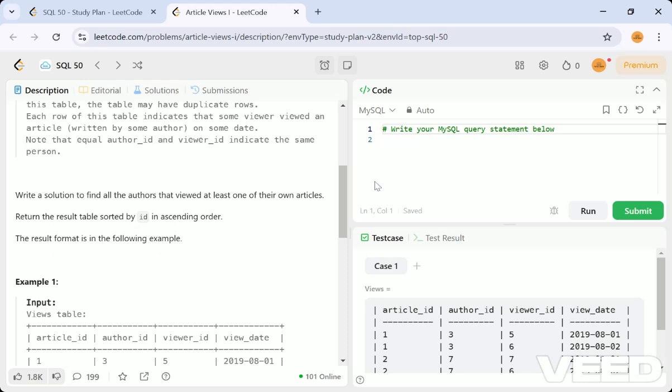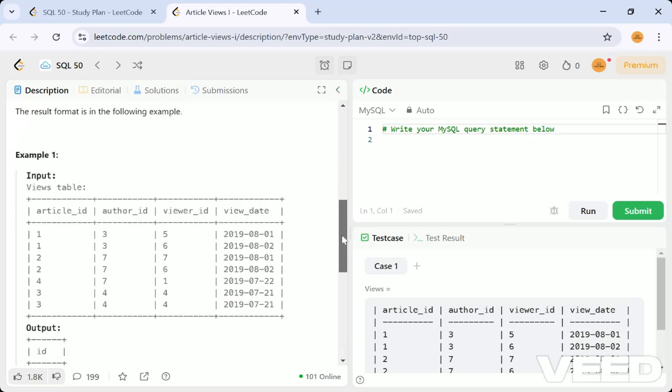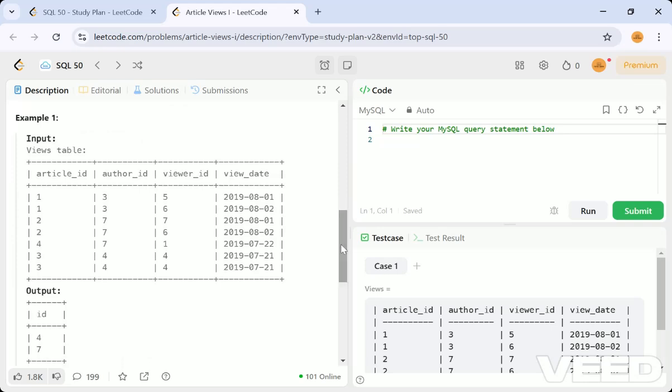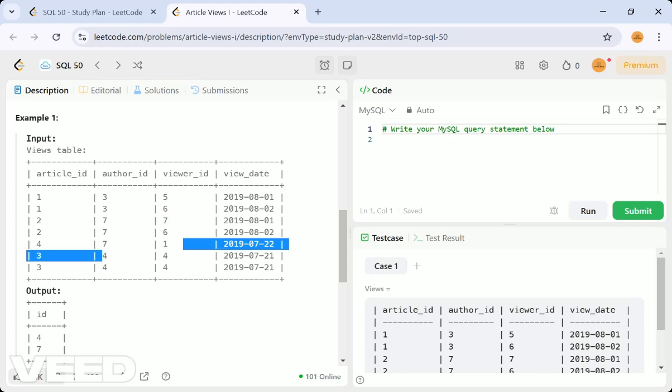They have given an example so that you will understand better. The Views table has article ID, author ID, viewer ID, and view date. You can see the author ID and viewer ID match in some rows.